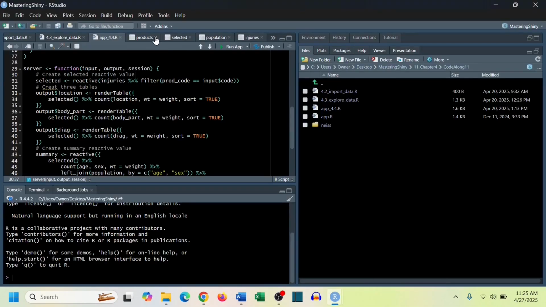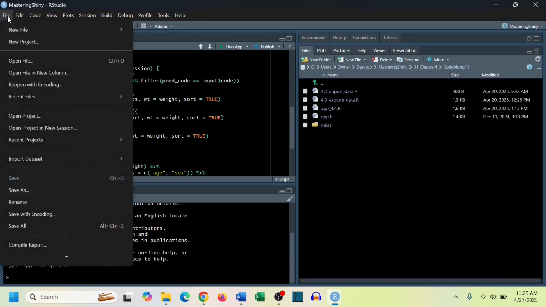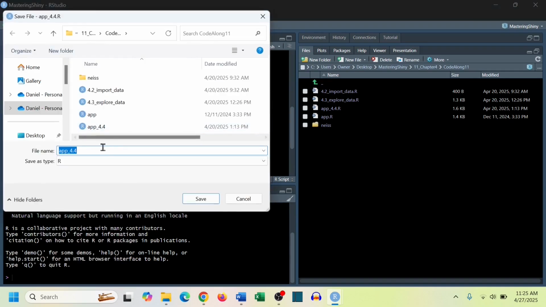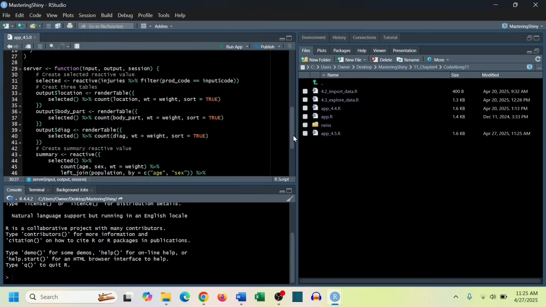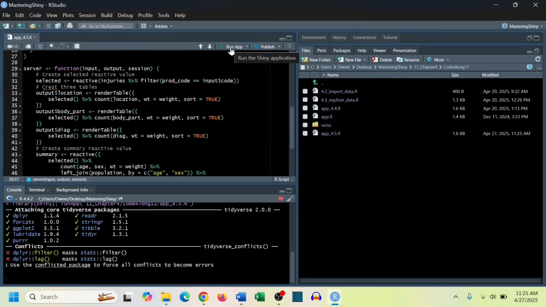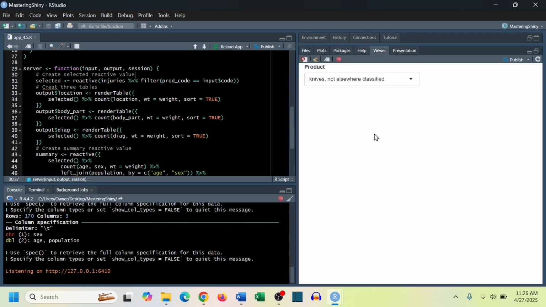All right. So let me delete all the other tabs here. Let's start building on 4.4. So let's save this as section 4.5. And what we need to work on, so let's run this app from section 4.4. Looks like this,